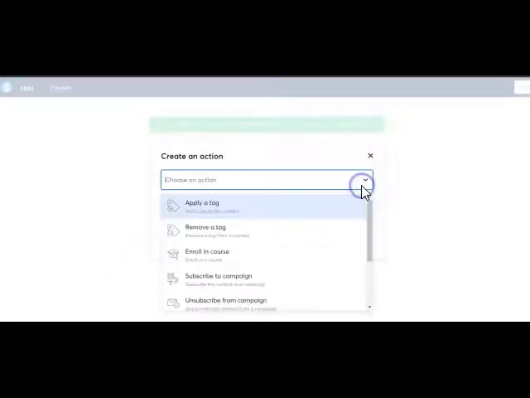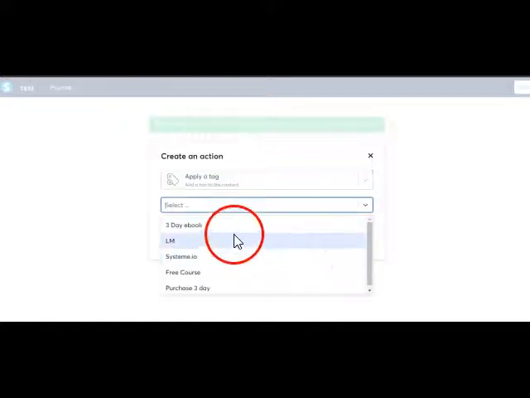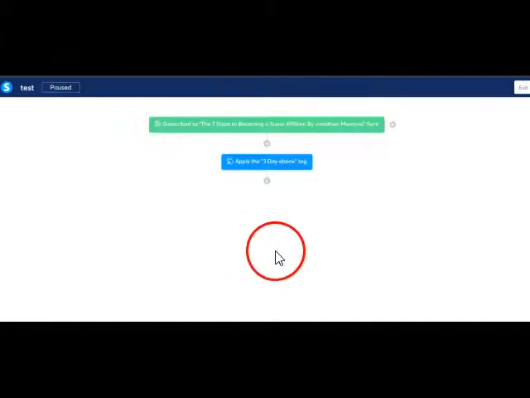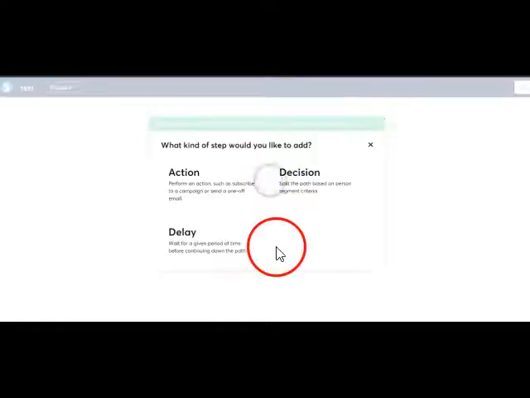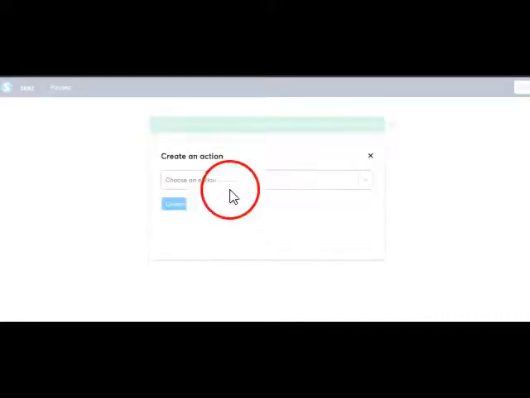Choose your action. So here you can apply a tag, so you can keep all your clients under one tag, which I always choose to do, so I'll do that in a moment. I'll just use the 3-day ebook tag, which I already created. So now they'll opt in through your funnel. We'll add a tag to them, and we want to make one more action, and the action will be